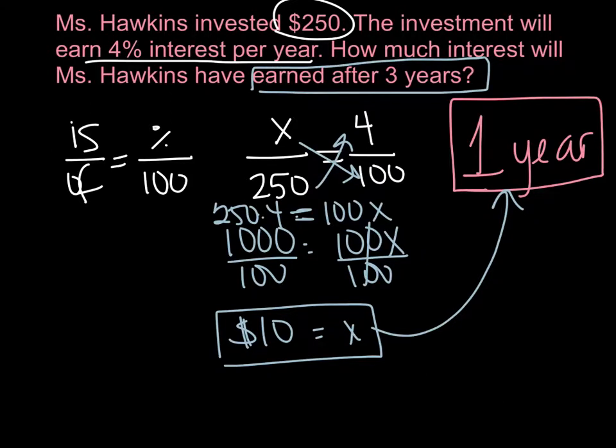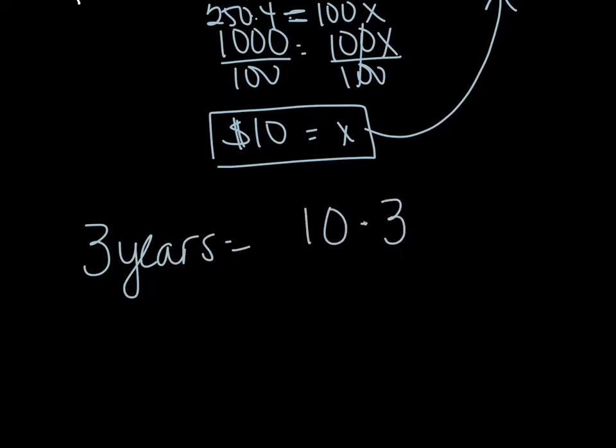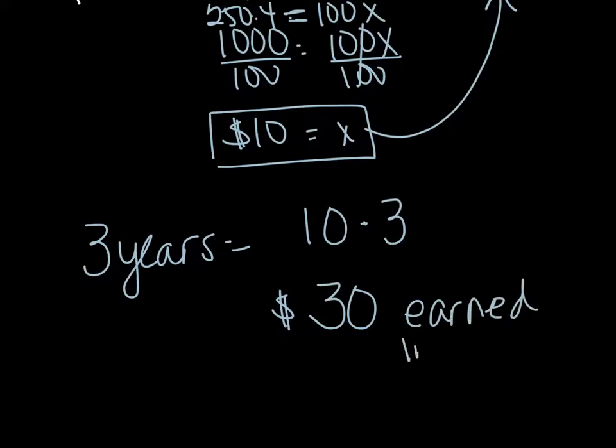Okay, so simply stated, we know that 1 year is $10. All we need to do for 3 years is $10 multiplied by 3, and that would give us $30 of earned interest, okay? So $30 earned interest. That's the same value we had using our I equals PRT, or interest formula, for calculating